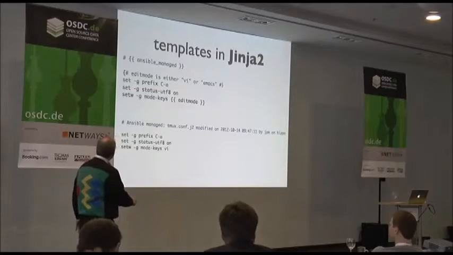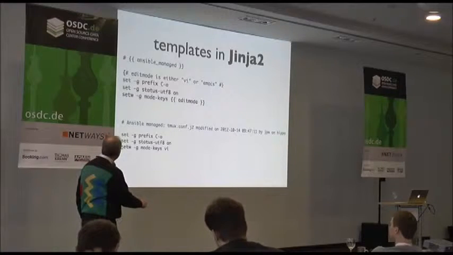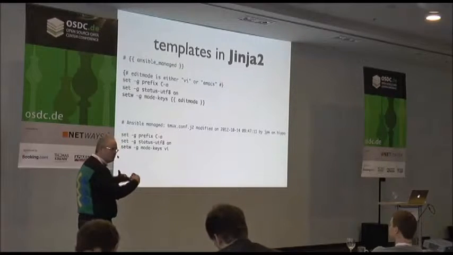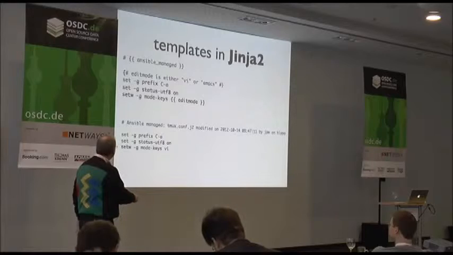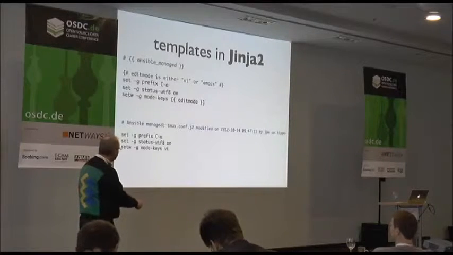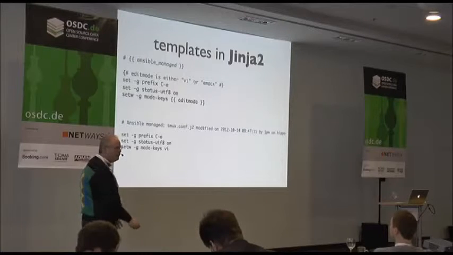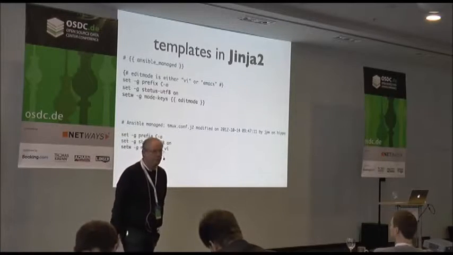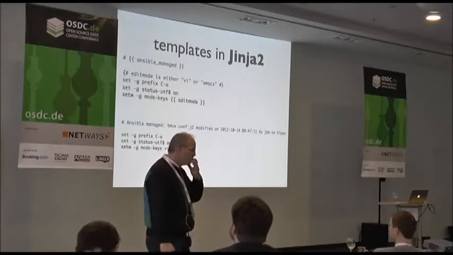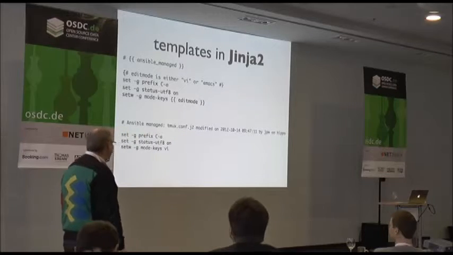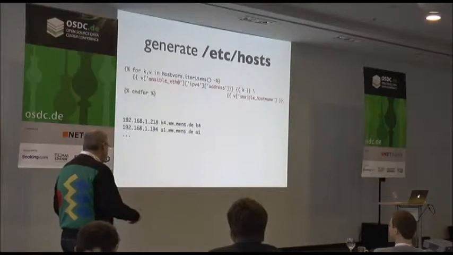So then we have, for example, here, this is a Jinja2 comment. This does not show up at all here. It's completely silently ignored. And the rest is just text, which is copied over, except for our variable edit mode, which is replaced into whatever that variable is currently set to. Okay? Now, this is a little bit of a trivial example, but we have all sorts of things we can do